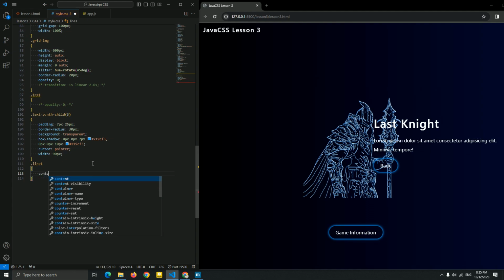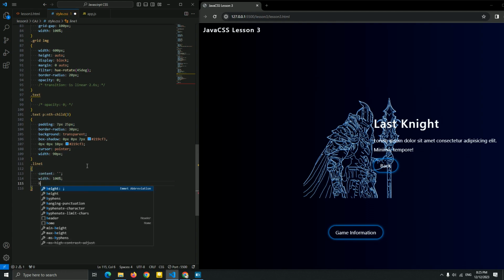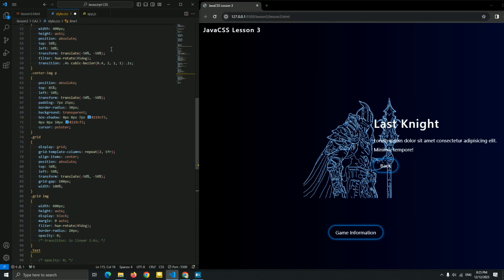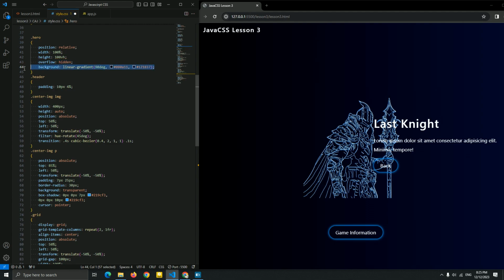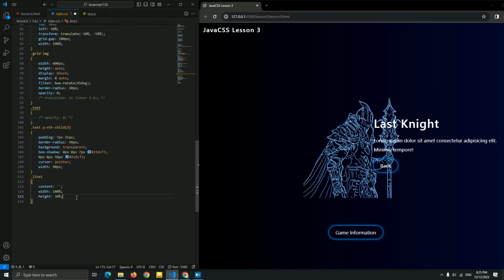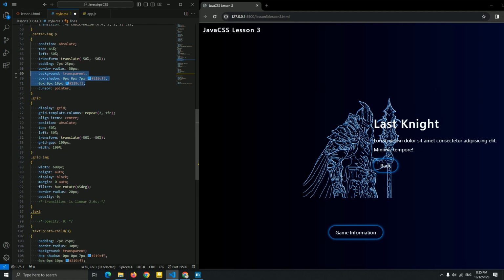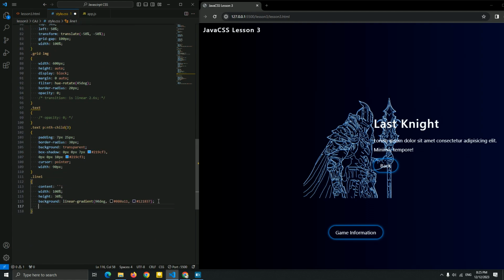I'm gonna add a content empty, 100% height 30%, and the background, let me just copy this of the hero page, paste it here for the background.